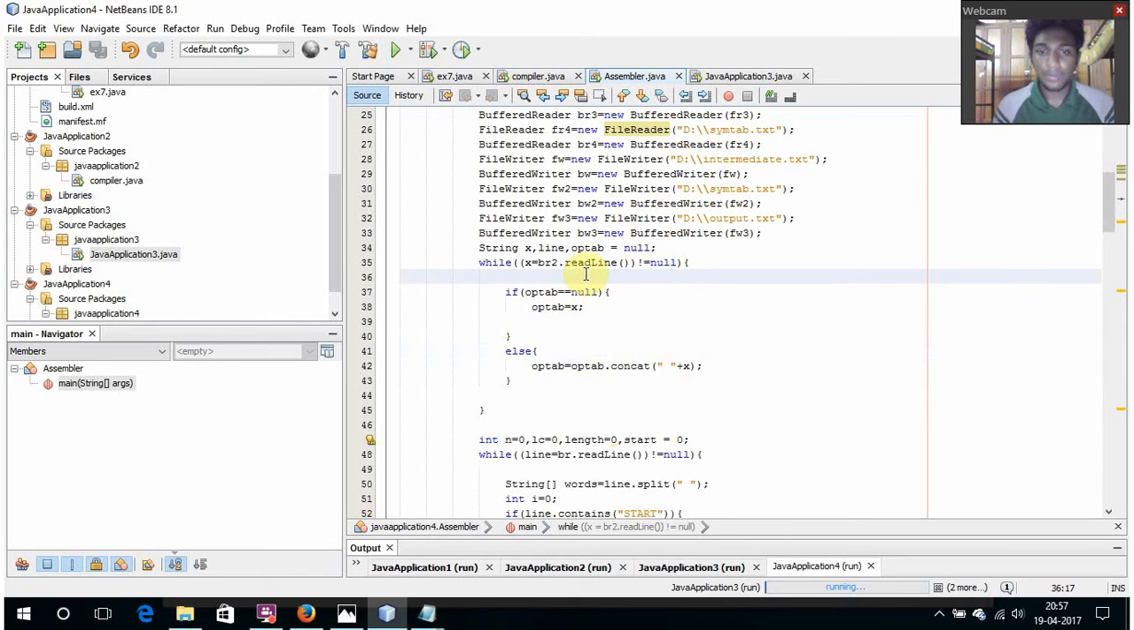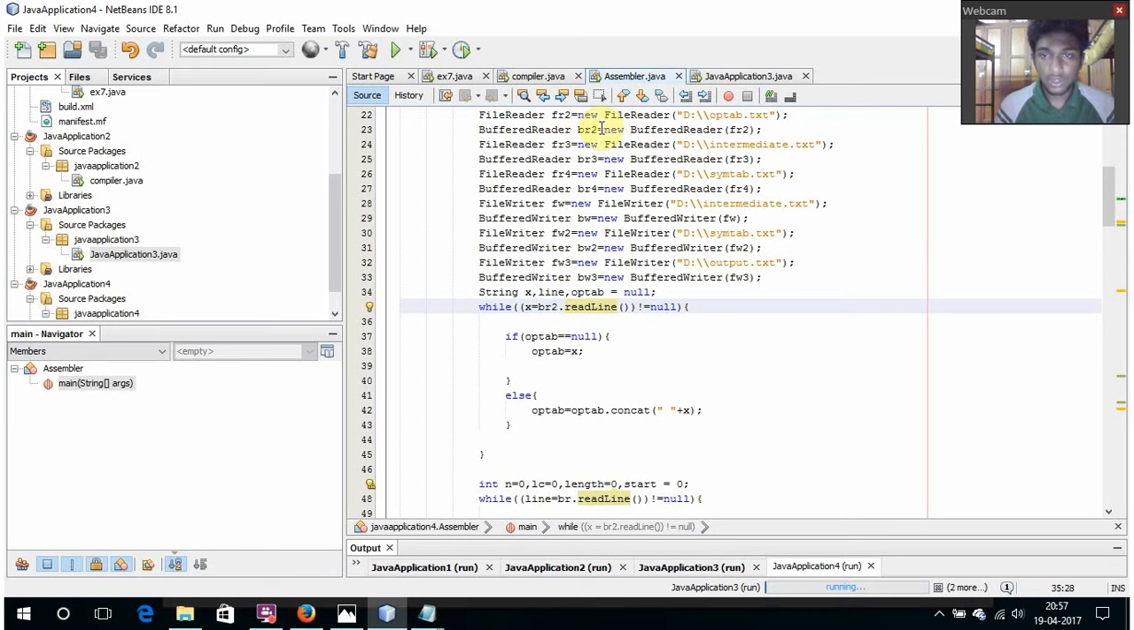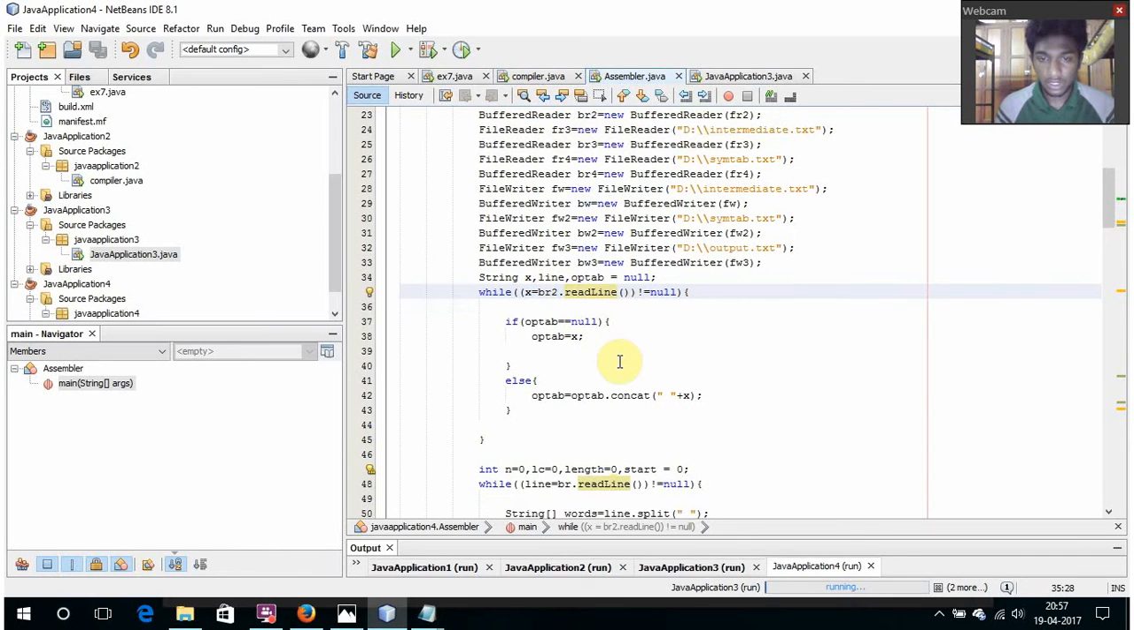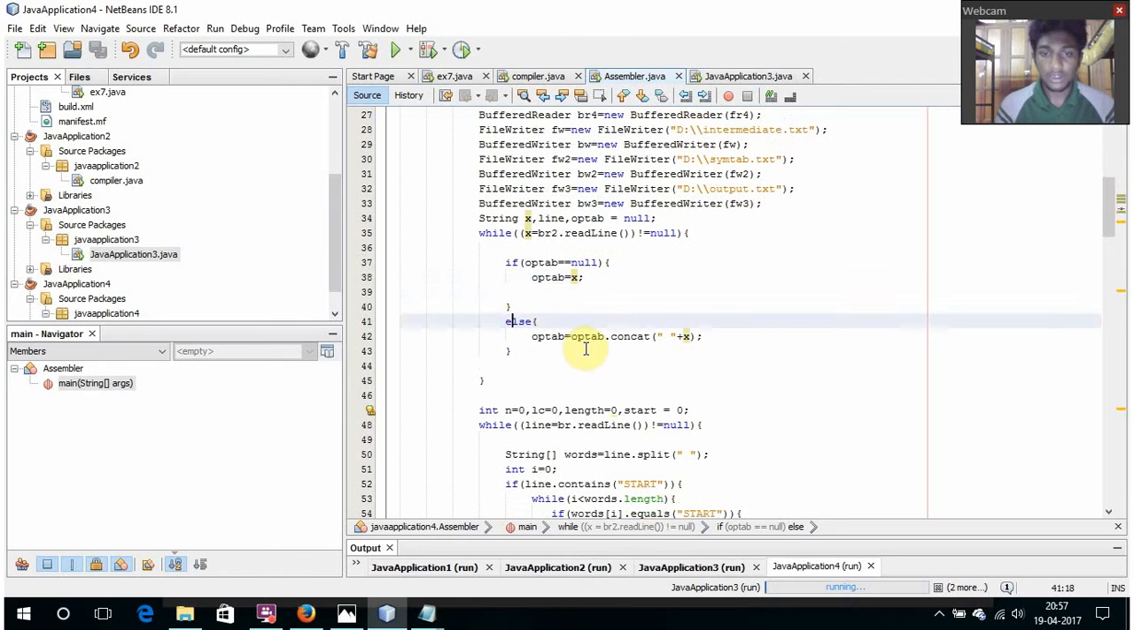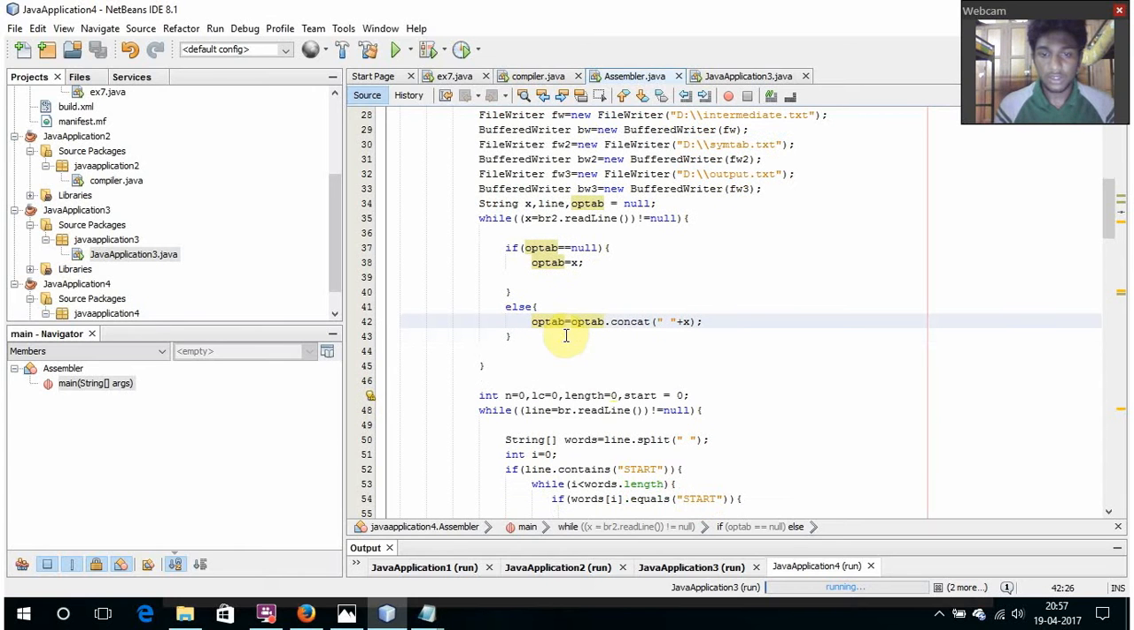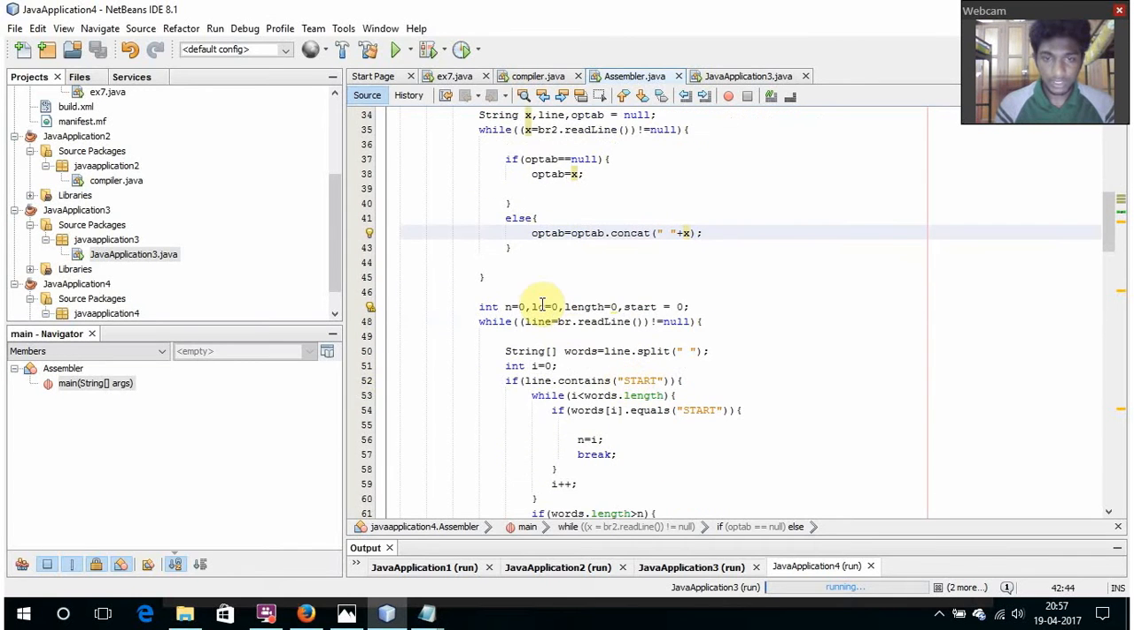Buffer reader 2 is for the op table. Whenever our op table is not null, we go inside. If the op table is null, we are assigning the value of x to op table. And if it's not null, we are concatenating a space with x. So whatever value we have is just concatenated to the op table. Next one is